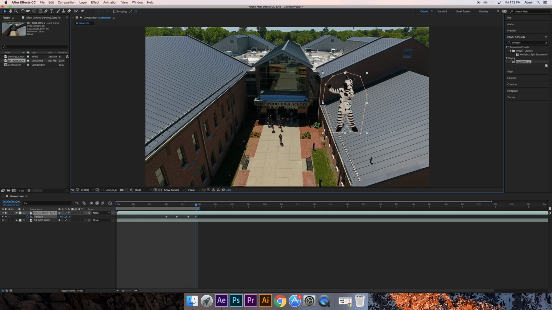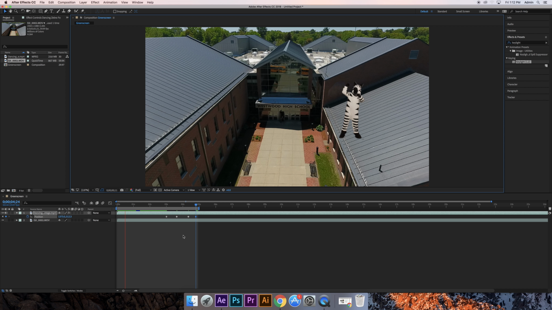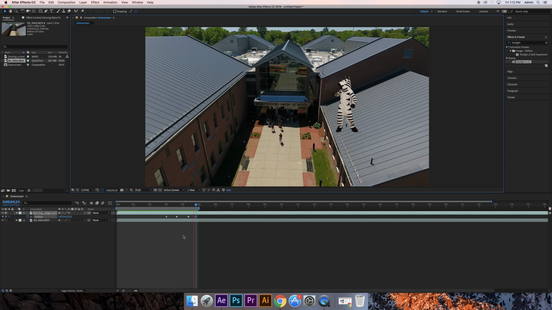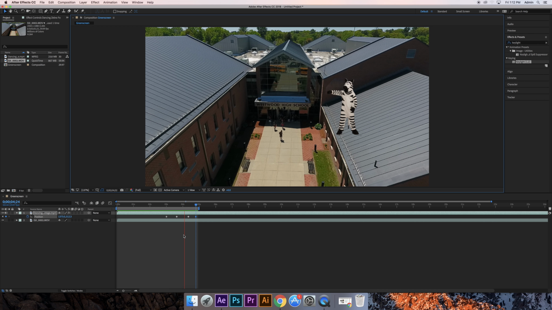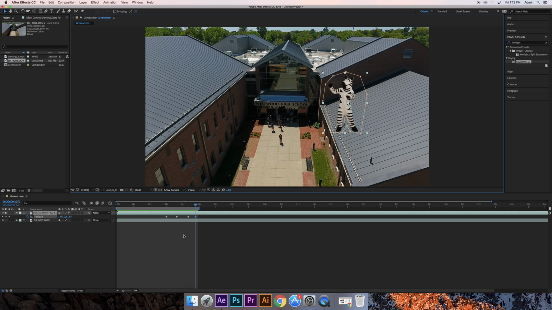And the pros will do this frame by frame, but I'm just going to do it a little quickly right now. So you'll notice he's moving back the same as the building. I could also scale him to move back,